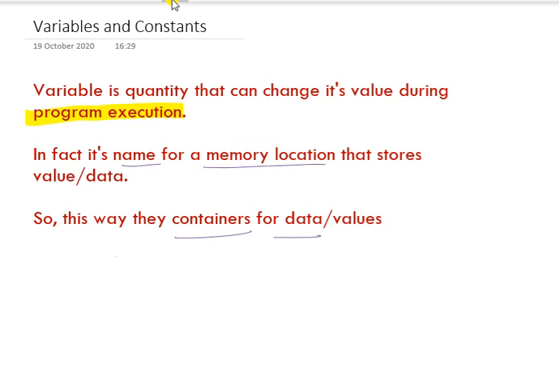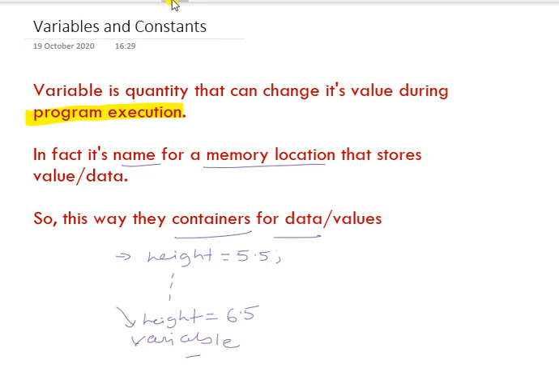Say your execution begins here. There is a variable like height of a person. So the height here is, say, 5.5. Then over a period of time, at some point this height could change. It could have a different value. This is possible only with a variable. If height is a variable, then only you can do so. That is the variable.